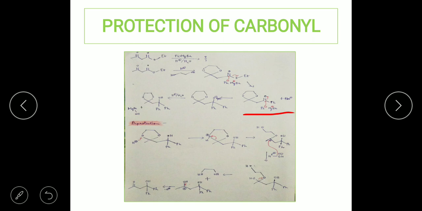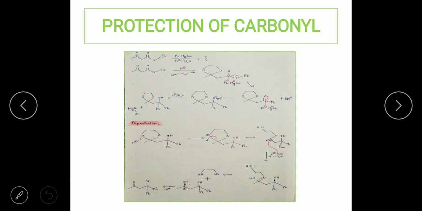Now in the reaction medium, there's still going to be a lot of Grignard reagent present. So one more phenyl anion is again going to attack the electrophilic carbon of the carbonyl group, and then there is going to be a shift of the bond between the oxygen and the carbon towards the oxygen, and hence it is going to give rise to the formation of O minus MgBr. Now at this position, there's going to be hydrolysis. O minus MgBr on hydrolysis is going to give the hydroxyl group. That is, the alcohol group is going to be generated with the elimination of MgBrOH.